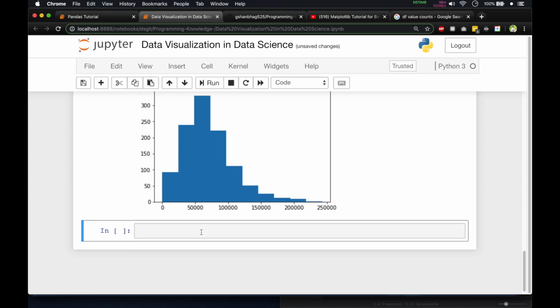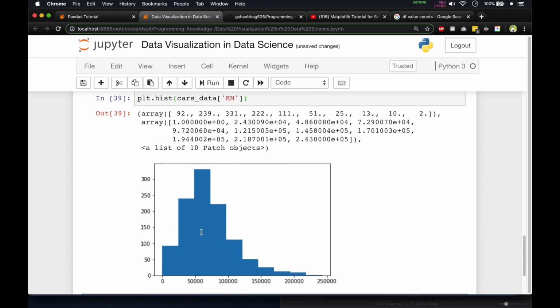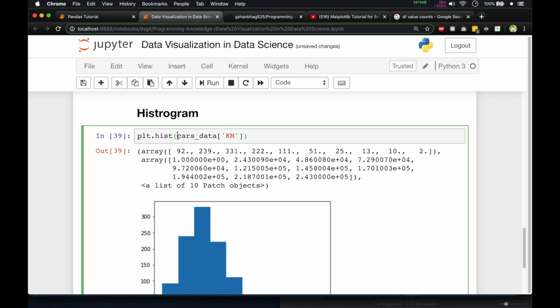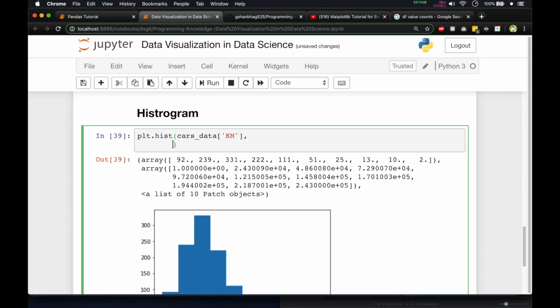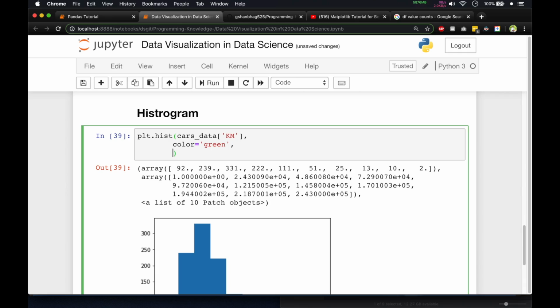So for that, in our hist function, after this put a comma and add, let's say, color we want to change to green, and then there is something called edge color. What edge color does is it will give a nice outline to the bins or to the bars. So we'll give the outline in white color,